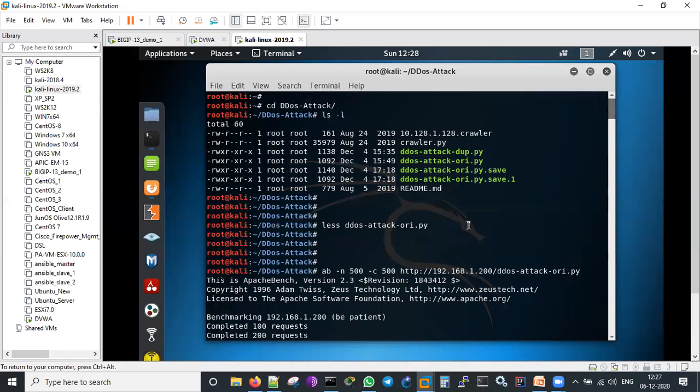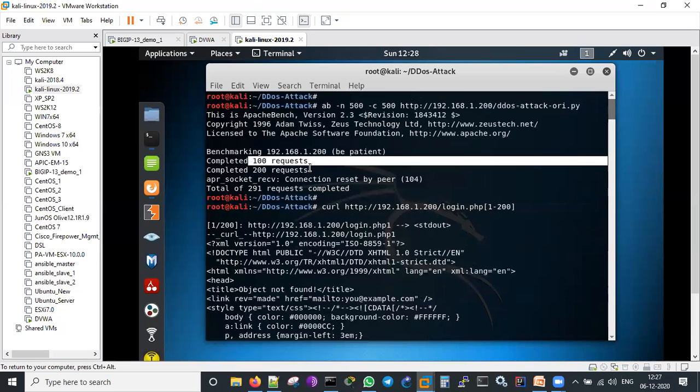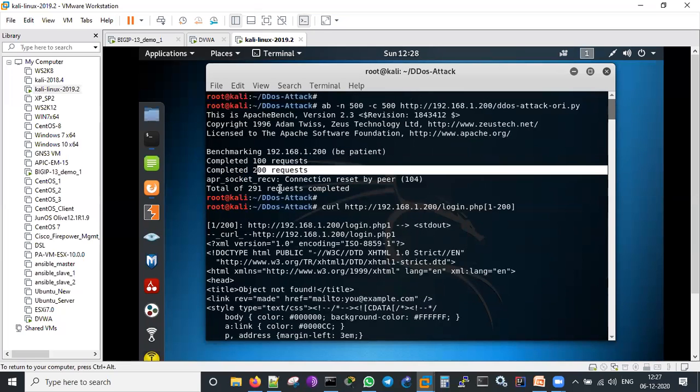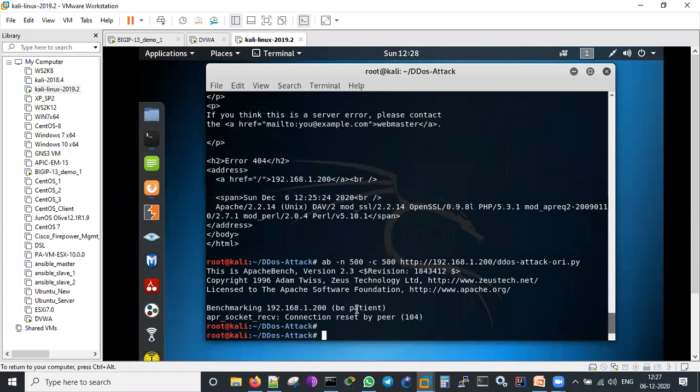Here I can show. See that I was able to attack, completing 100 requests, 200 requests and so on. Only afterwards it is reset by the peer, which means ASM is not allowing us to attack. Now, after applying the policy, immediately the ASM is not allowing the attack. I gave 500 times to attack, and not even one time it got through. So like that we can protect our system by creating the policies on the ASM.